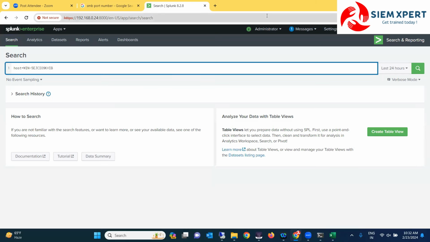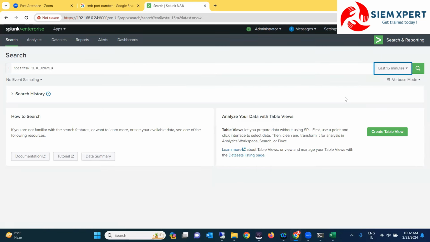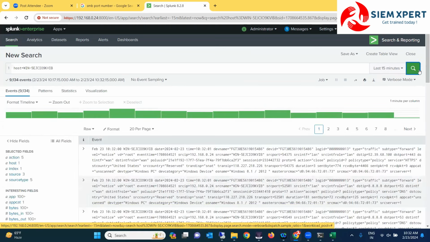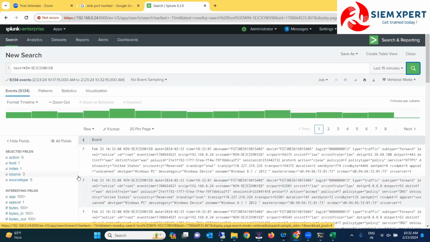Understand? And then I'm searching last 15-minute logs. Click on search. Good. Logs are coming. That means integration is